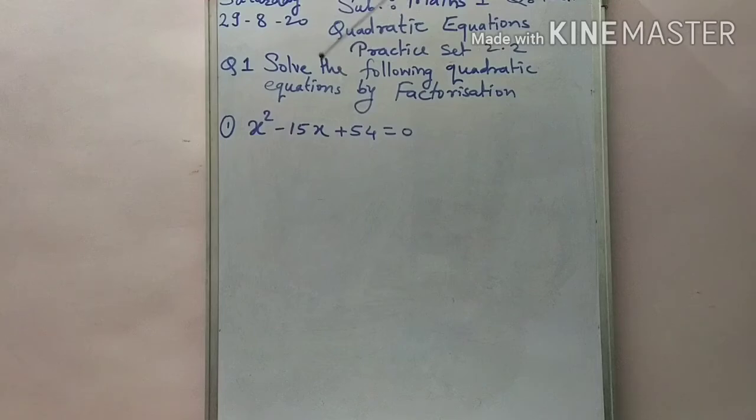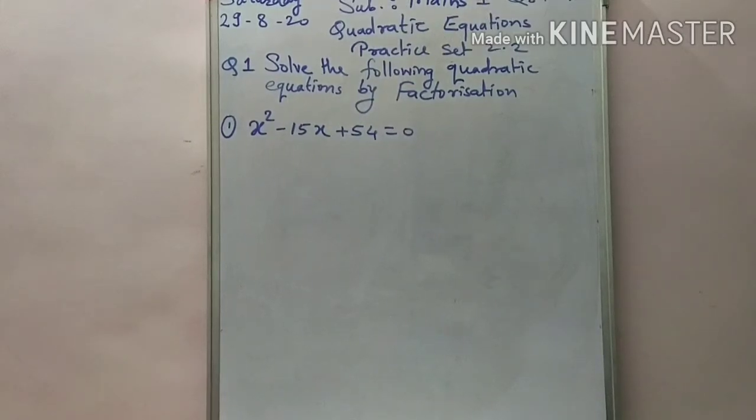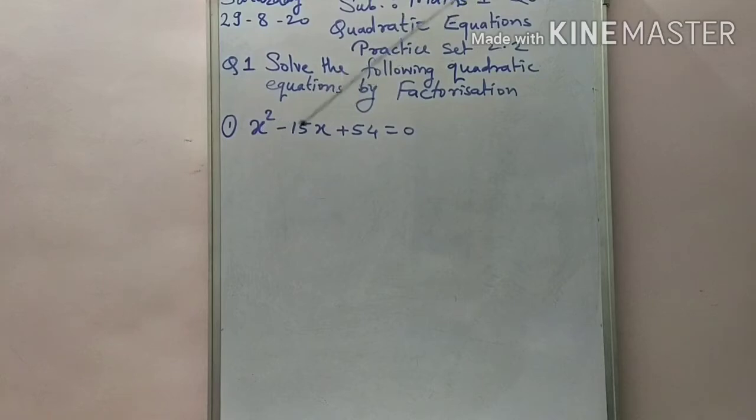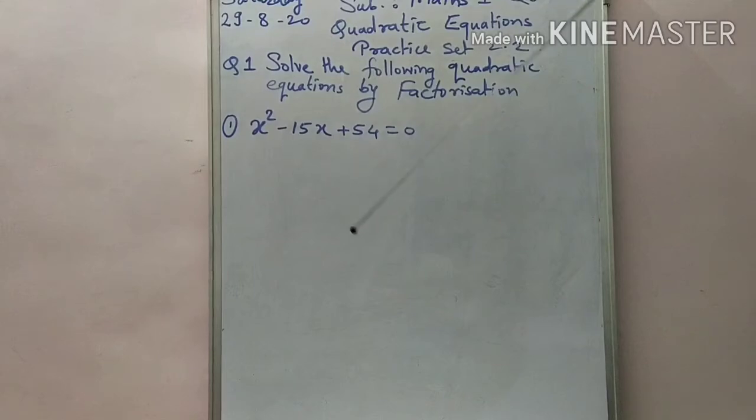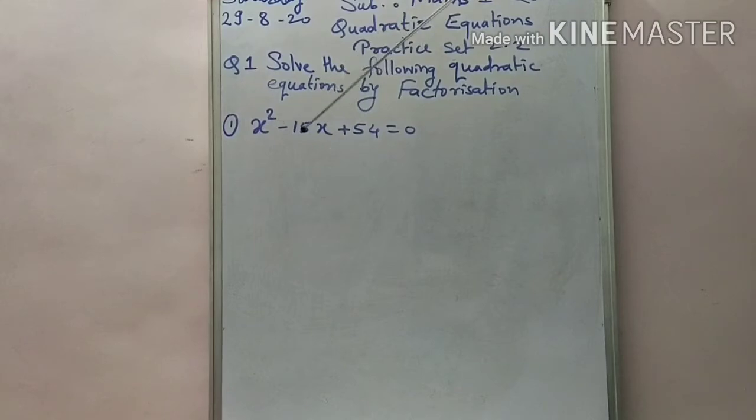Actually, this factorization method is not new for us. From 8th, 9th standard we solved equations by the factorization method. In the previous standard, the equal to 0 is not there. Only these three terms are there, and the question is to factorize the given polynomial. That expression we call a polynomial. Now, if the equation is in the form x square plus bx plus c equal to 0, then we call it a quadratic equation, and now we have to factorize it and find the value of x.